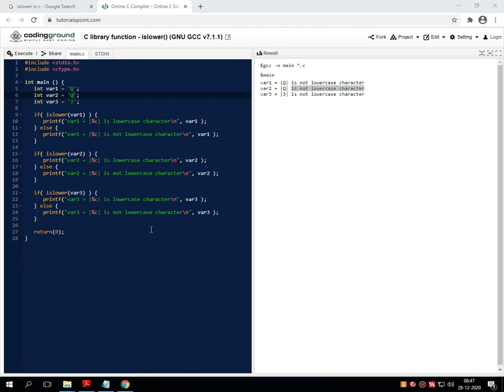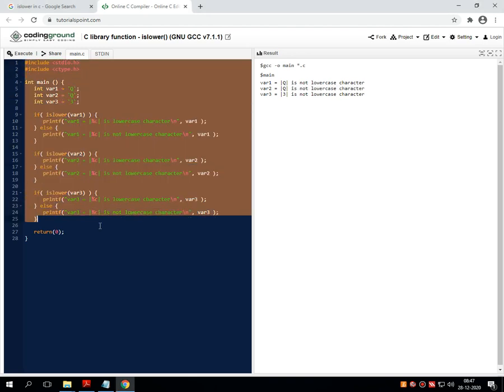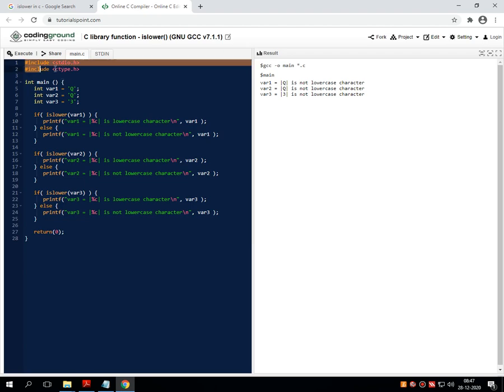I think something is improper in my program, but it works online very perfectly. Just see the program over here, no issue. What I have done is, I have mentioned the necessary library function first, then into the void main statement I have taken 3 variables: in variable 1 the capital Q, in variable 2 the small q, and in variable 3 a 1 digit.